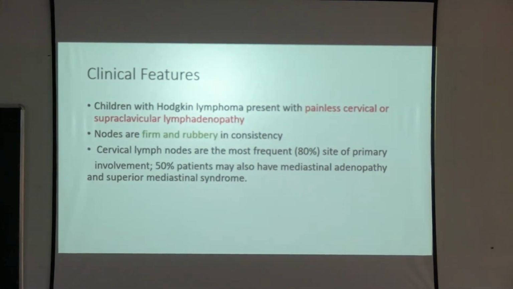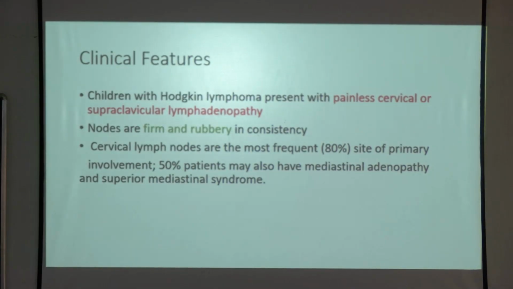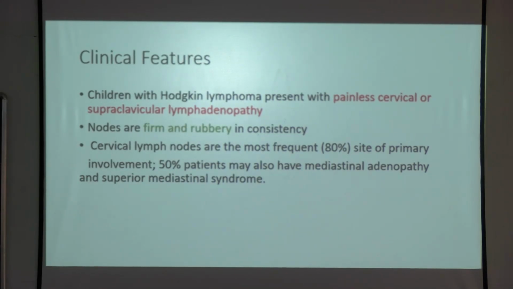What would be the feeling? The nodes are firm, শক্ত and rubbery in consistency. Soft পাবি না normally, otherwise in other infective origins you can palpate the cervical lymph nodes. This will be soft and this will move with movement of your hand, but in malignancy the nodes will be firm, rubbery in consistency, and fixed to the underlying tissue. So cervical lymph nodes are the most common site for primary involvement, and many patients present with